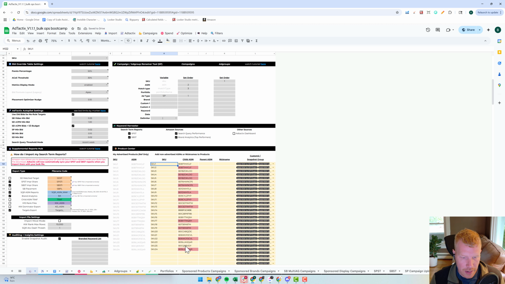Now you'll see in this demo file, I've got a lot of demo FBM products where I've got different SKUs, but the same ASIN. For this tool, you're going to have to identify a priority SKU to target. So in most cases, that's going to be your FBA SKU. So for the sake of this demo, I'm going to go ahead and just remove any of these that have